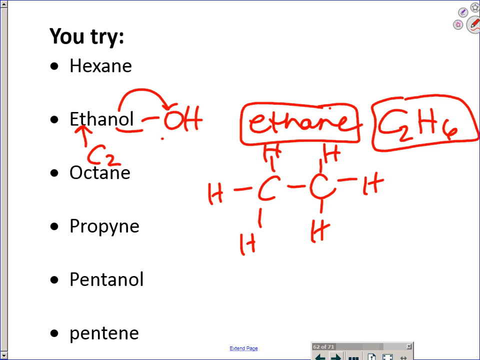So what I'm going to do is adjust this, and notice I've taken the E off and put an OL for ethanol, and one of the H's comes off, and I put an OH in its place. So I'm just going to do that on the end over here. Swipe away this H. I'm just modifying ethane to show you how the alcohol is very similar. It's just an OH ending instead. And you're going to attach an O and an H. Now you guys know bonding. Like this is octet, octet. Does oxygen have octet?